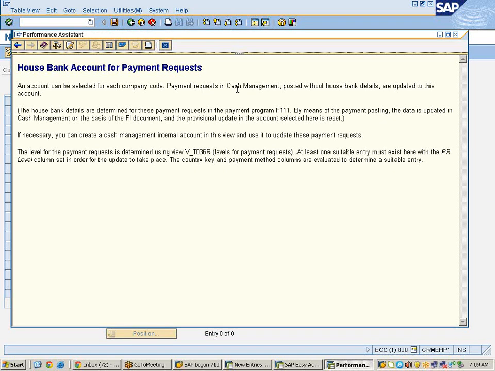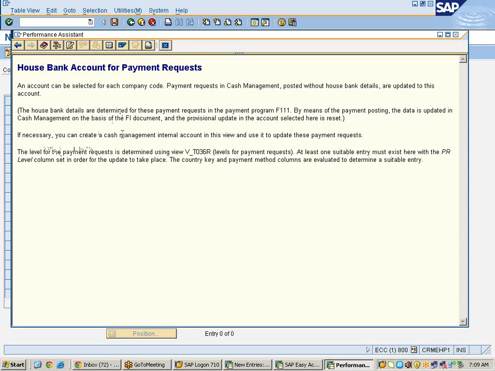That means if the payment details are not updated from the house bank account, then we need to use this functionality. The house bank details are determined for this payment request in the payment program. By means of payment posting, the data is updated in cash management on the basis of the FI document, and provisionally it is updated in the account selected here.